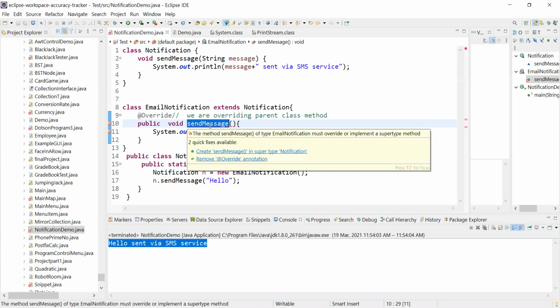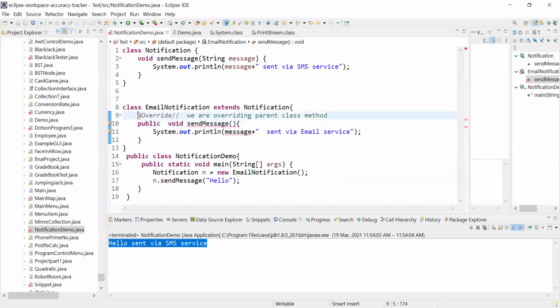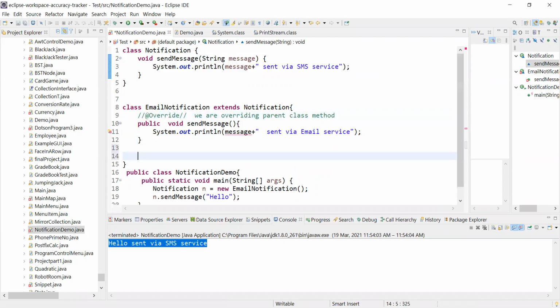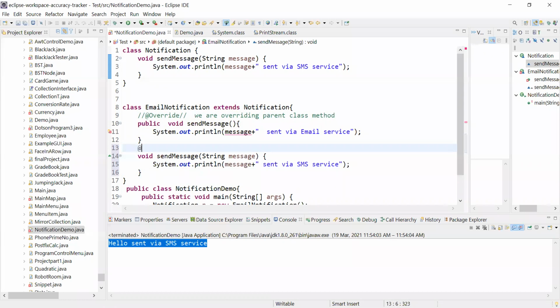And if you want to keep a separate method, then you can do one thing. Remove this. Don't confuse me. This is the overridden method. If you want, then you define it in the same way and use this @Override annotation. So @Override is basically to make sure whether we are overriding the method from the parent class or not. And if not, then it will immediately keep complaining.